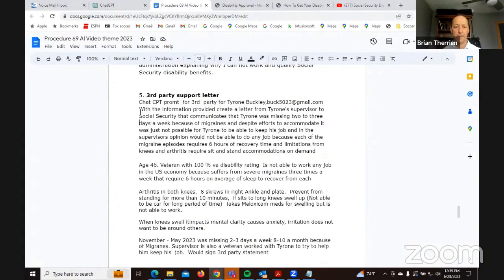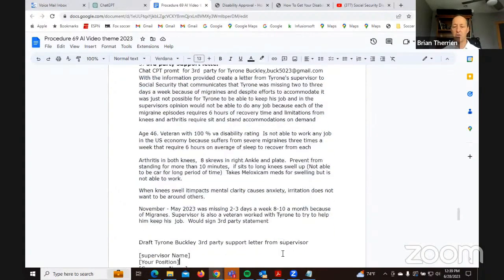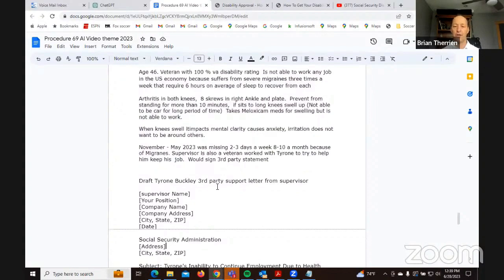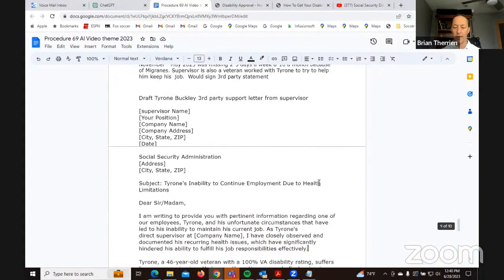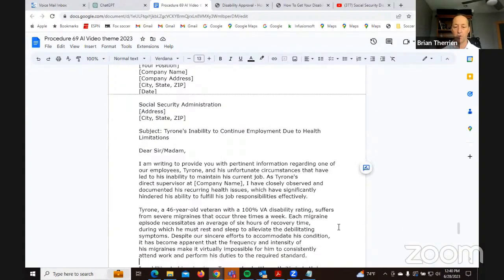What I did is I took this from an actual individual that we're working with, and I asked ChatGPT to create a third-party support letter from a supervisor. So Tyrone's supervisor is willing to write a letter of support. So I went in, took the criteria, put it into ChatGPT, and came up with this gorgeous